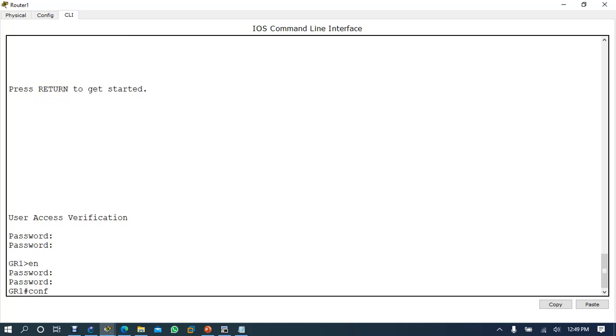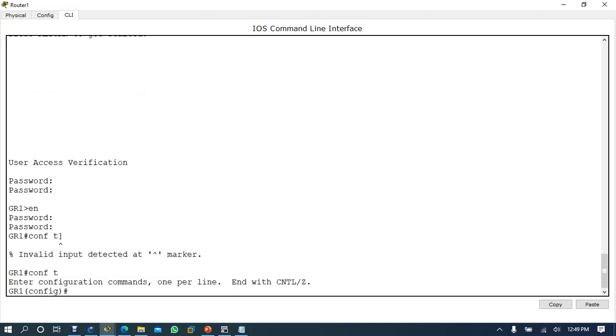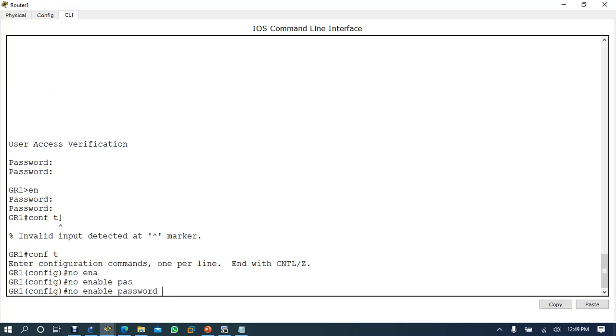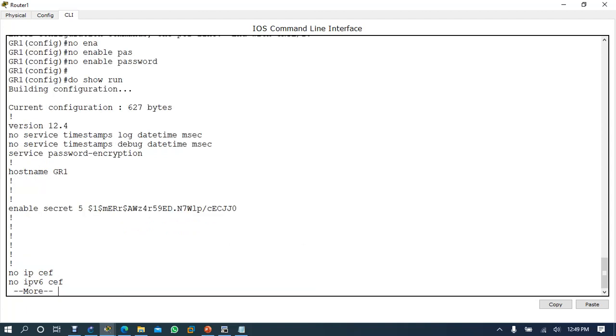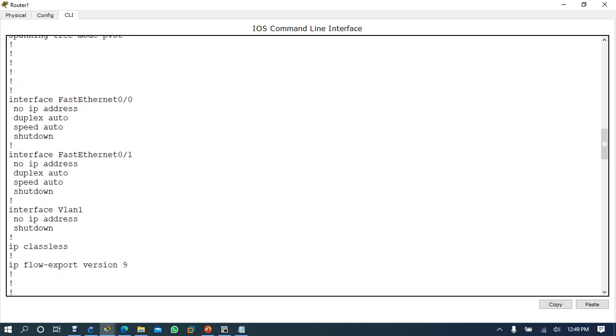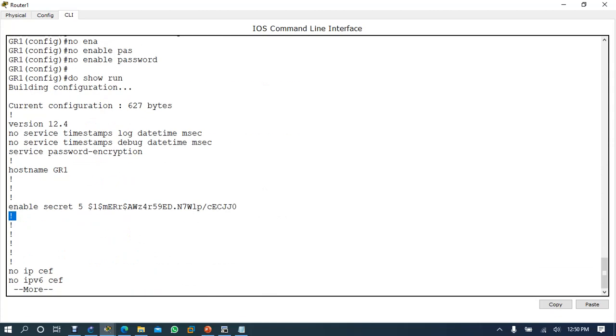So you do conf t, and you can say no enable password CCNP. Or you can say no enable password, that's it. So from the user mode now you go to the secret. Do run. Now see, do you have password 7? Because you have removed it. No, password 5. Password 7. See here we have 2 passwords.